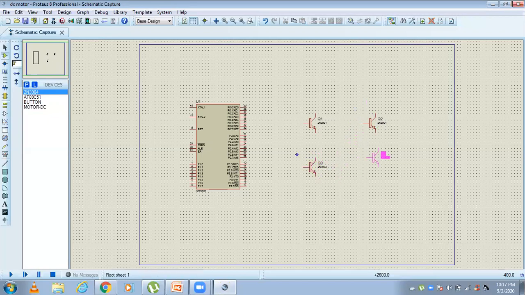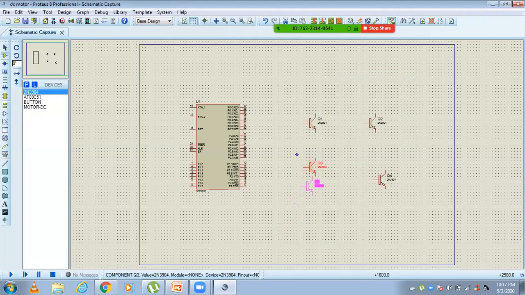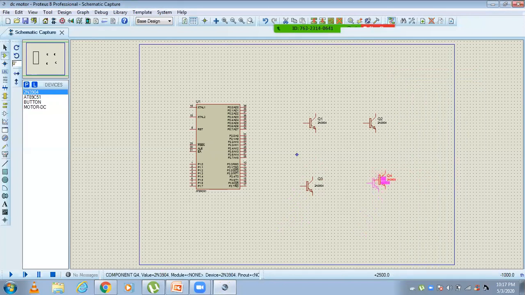In between the transistors, the motor will be connected.